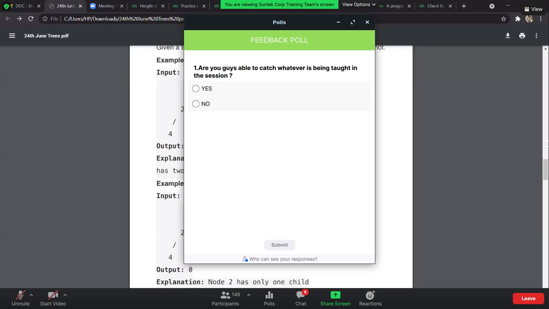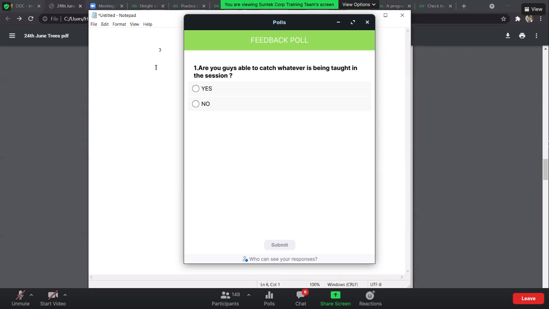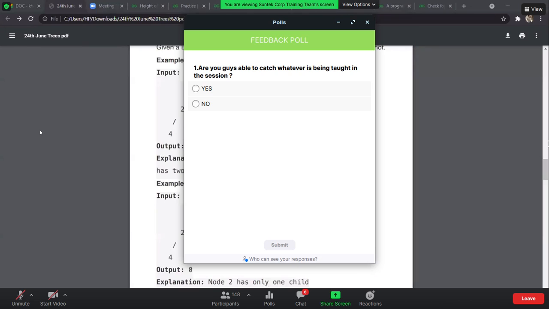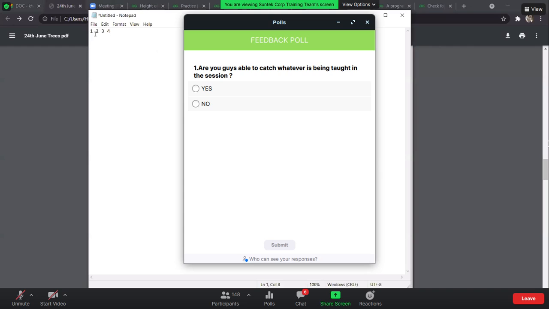Perfect. 1, 2, 3, 4. Okay, can you try to divide it in terms of level? Let's say this is the first level, this is the second level, and this is going to be the third level. Whatever level numbering we assume, maybe 0, 1, 2 or 1, 2, 3.